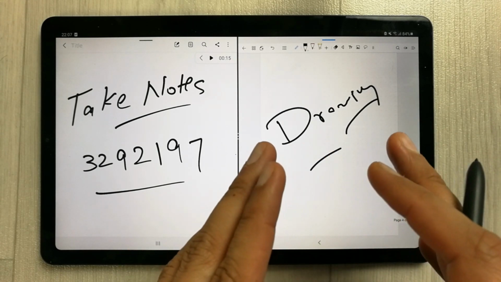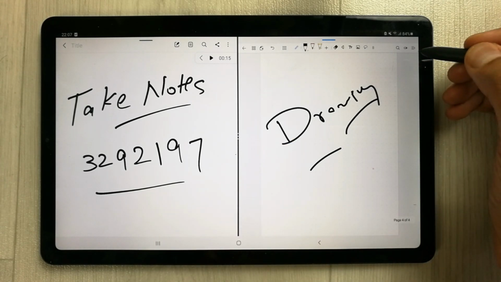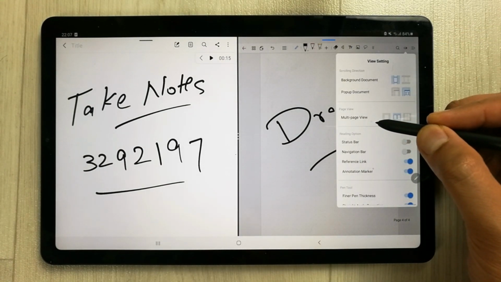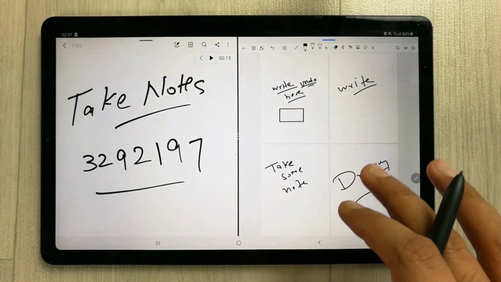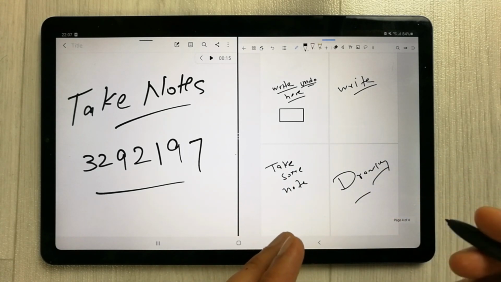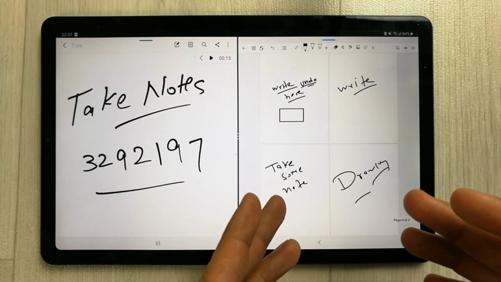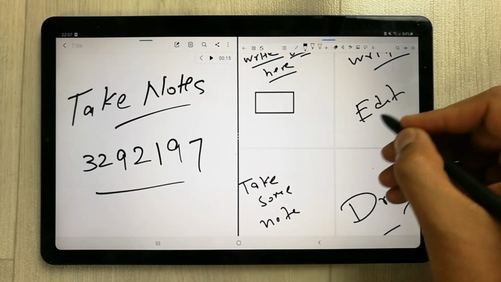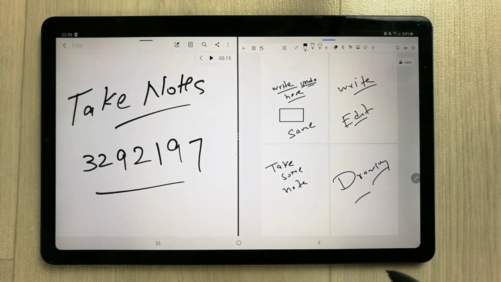If you want to see these 4 pages in one window, you can do it. Simply, you have to go into your settings option from here, and then you see it gives you the option of multi-page view. So I select this multi-page view, and then I'm done. So you can see over here you have 4 pages in one window. This is very useful if you have a PDF file, because in a PDF there are a lot of pages. So you can avail this option, and then you can also edit them. There is no problem, you can edit all of the 4 pages at the same time. So you can see over here, this is a very useful feature.